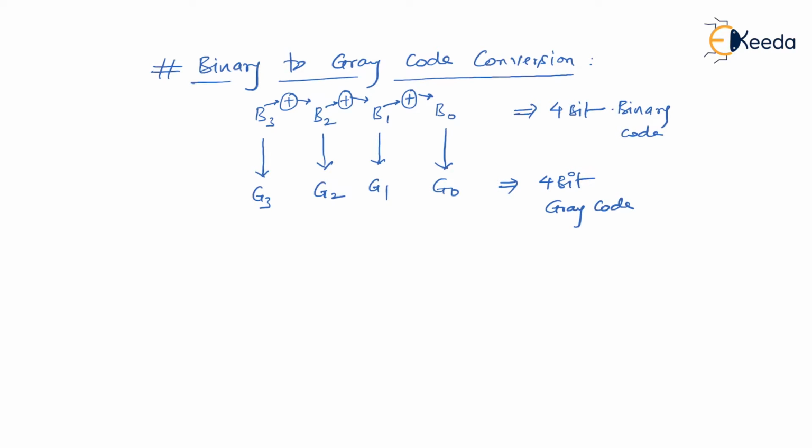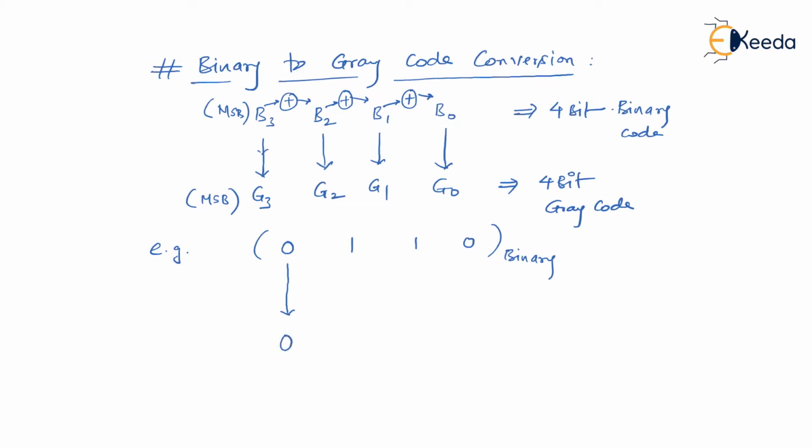As I said, I'll take an example after this. Let us assume, for example, we have a code like this, that is 0, 1, 1, 0. Let us assume this is a binary code. As I said, B3 is copied as it is. What is meant by B3 is actually the MSB bit, and this is the MSB for the gray code, that is G3. So copy the MSB as it is.